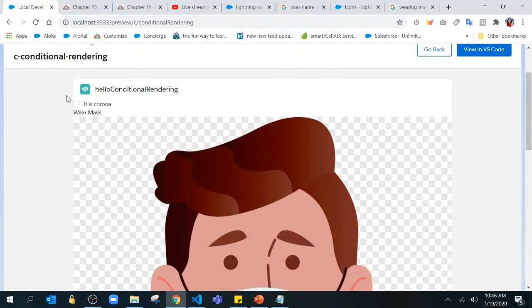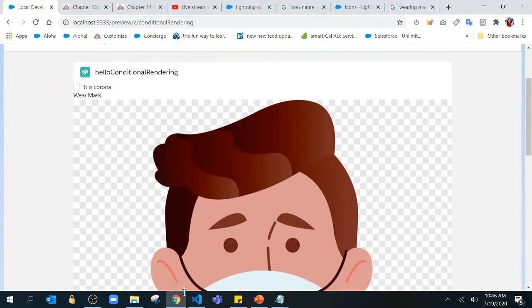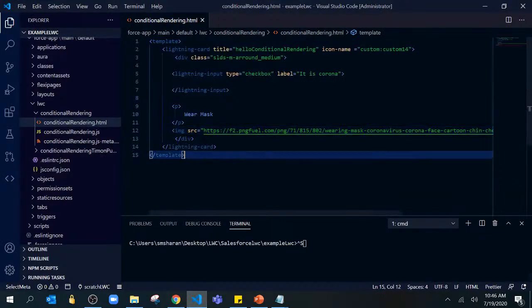So this, if it is Corona, then wear mask. But right now, nothing is happening. There's no change. It's not working. No logic is there. So how do we do that? Before that, I think we need to make some changes, as in the image. If you see, it's too big, or if we want to make some kind of change in the input, we can do some changes in the styling if you want to. So